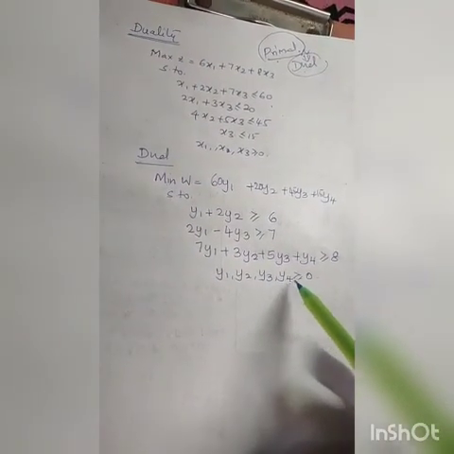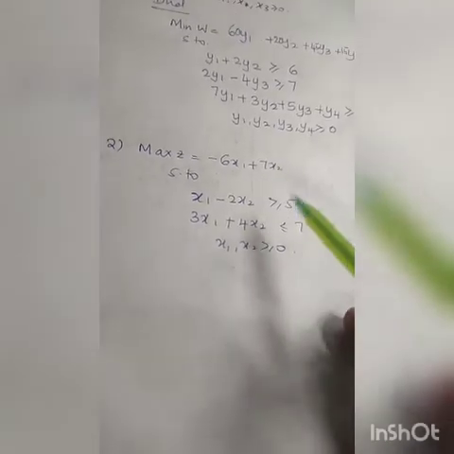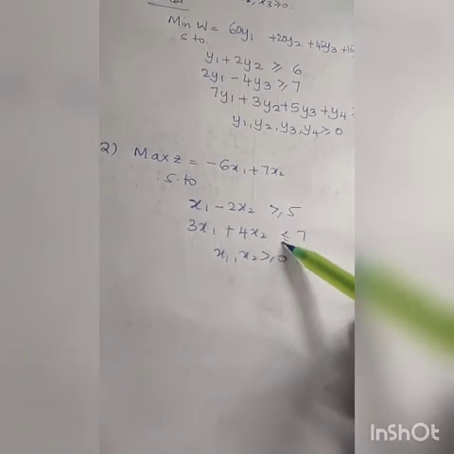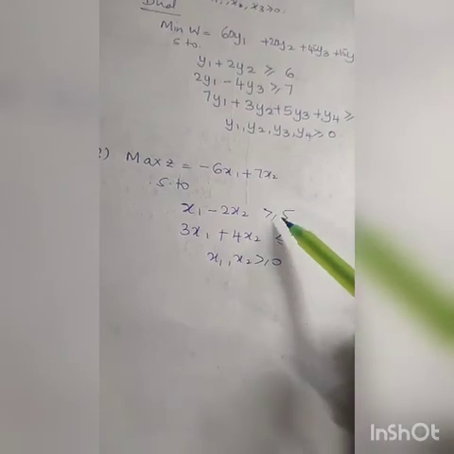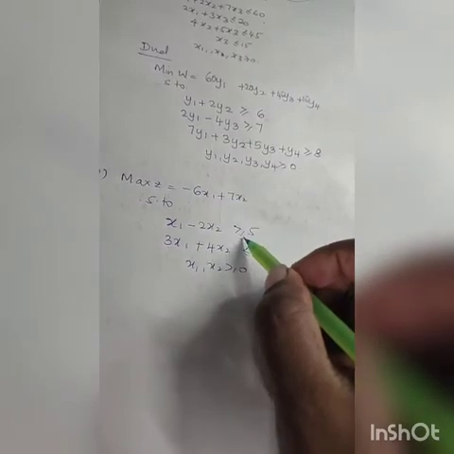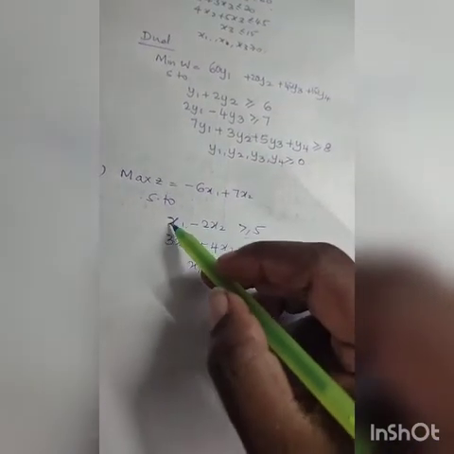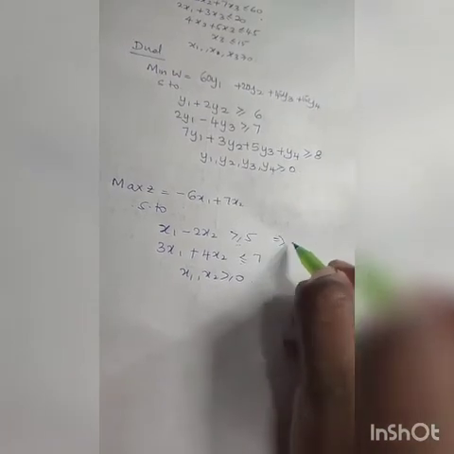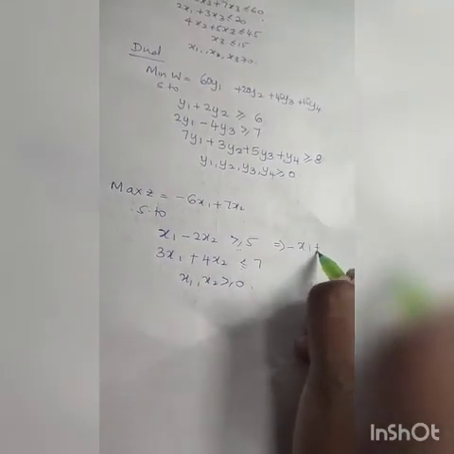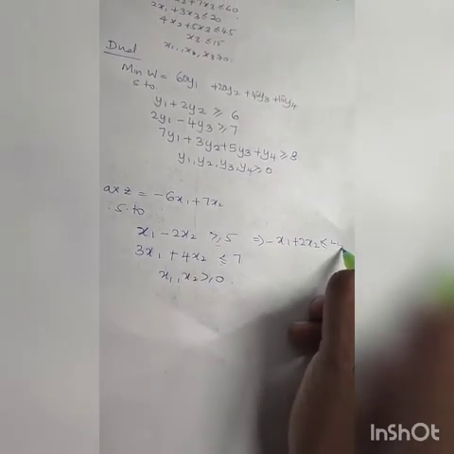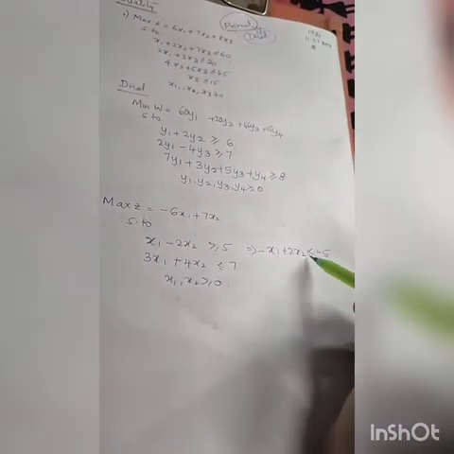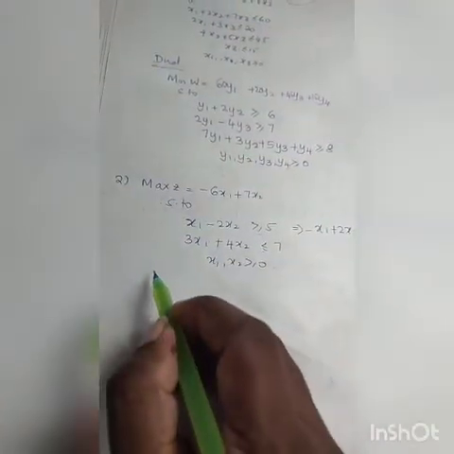But this will change. We are going to consider the second problem. Here, if you notice, this is a maximization problem, but it has a greater than or equal to and a less than or equal to. Now, for a max problem, you have to have both as less than or equal to only. If you're going to convert to dual, it is easier that way. So what I'm going to do is convert this into less than or equal to by multiplying it with minus 1. So this becomes minus x1 plus 2x2 less than or equal to minus 5. So I'm just converting it and making it also less than or equal to. So this way I have my dual now.